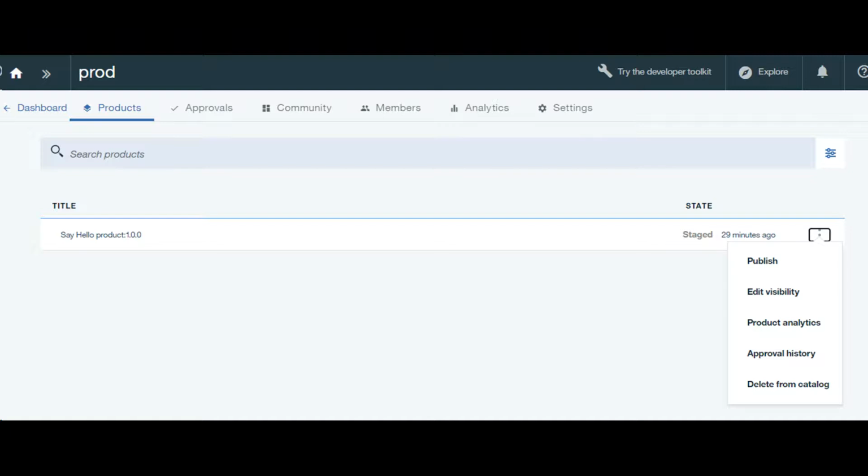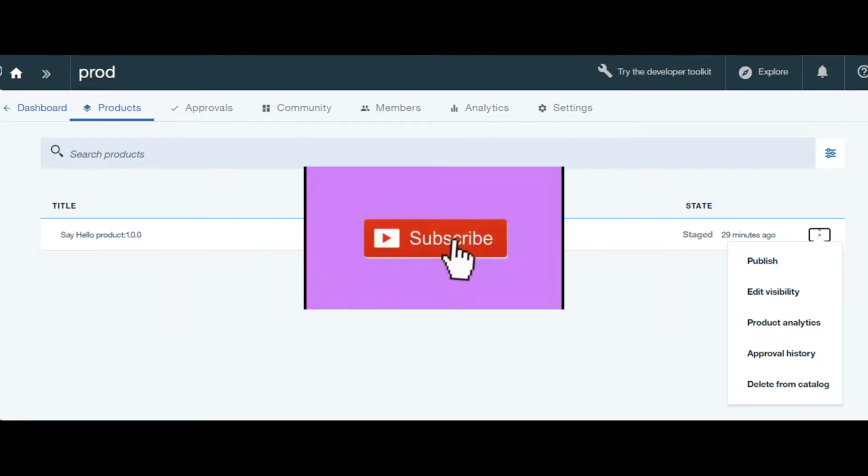When you stage a product, a copy of the product version is deployed on the target catalog. Staged is the initial state when you publish a product. When a product is staged, it is not yet visible or subscribable by any developers. Staging of a product version is usually carried out in the API designer.